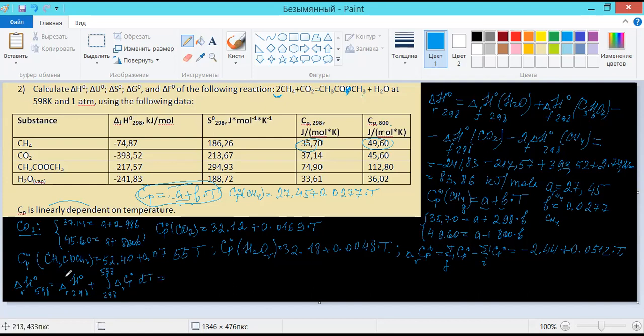So we have calculated this. Where is it? Here it is. It's 83.86. But these are kilojoules. That's why I will multiply by 1,000 plus